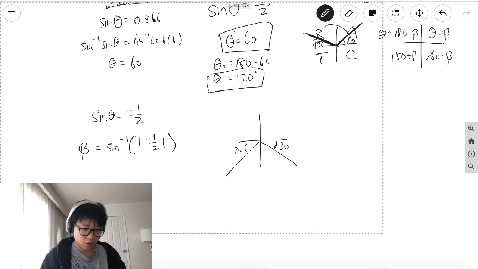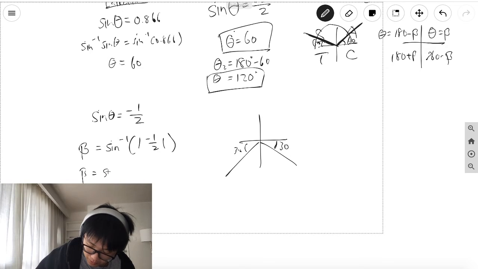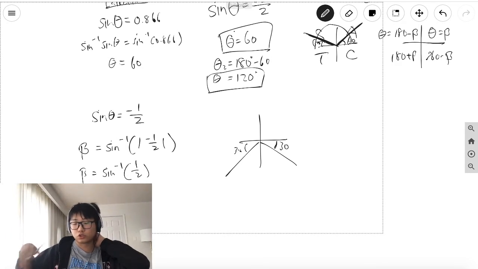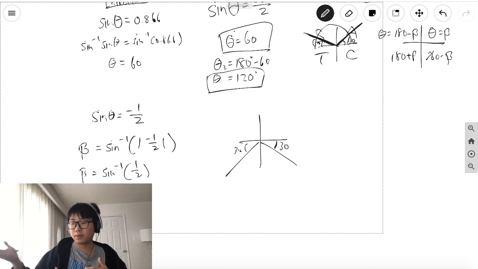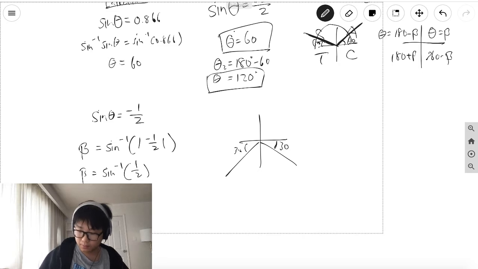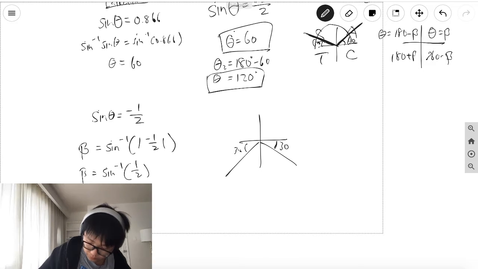And the way I do that is I always do sine inverse of the positive version. If I do the positive version, 1/2, I know right away my beta is going to be 30. Then I can just pick the quadrants I want. If it's positive, I pick quadrants 1 and 2. If it's negative, I pick quadrants 3 and 4. So therefore, theta is going to be equal to 180 minus 30,